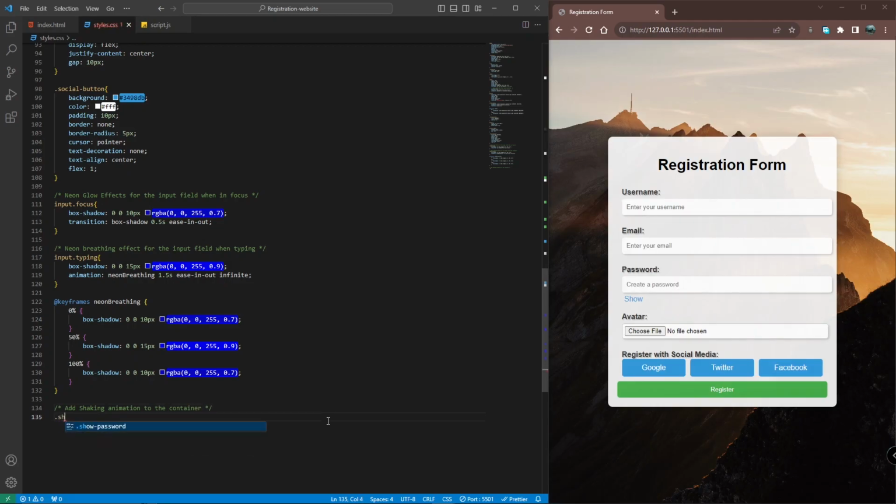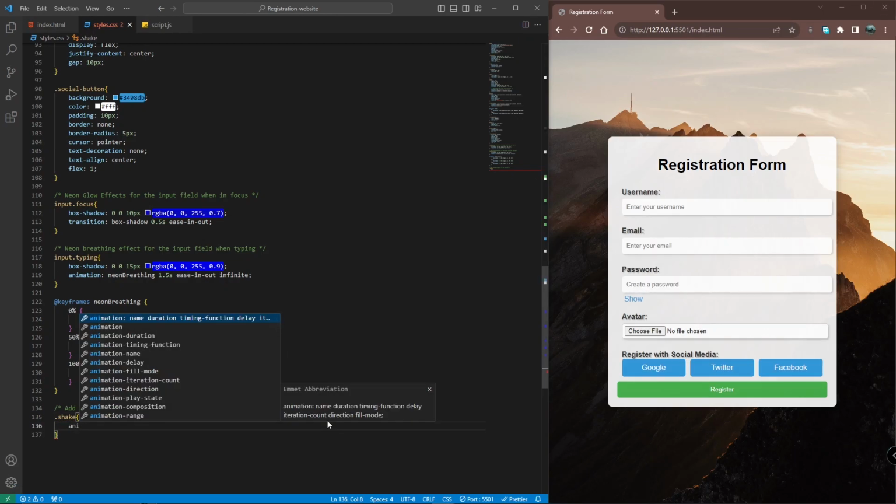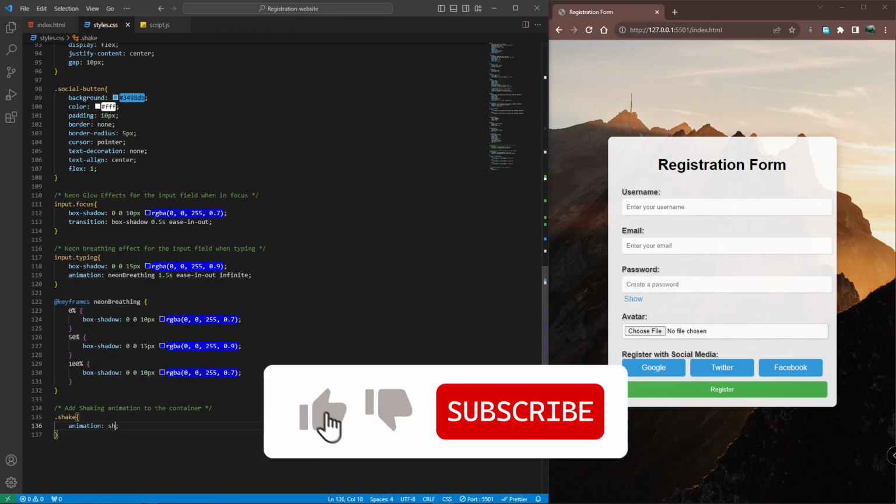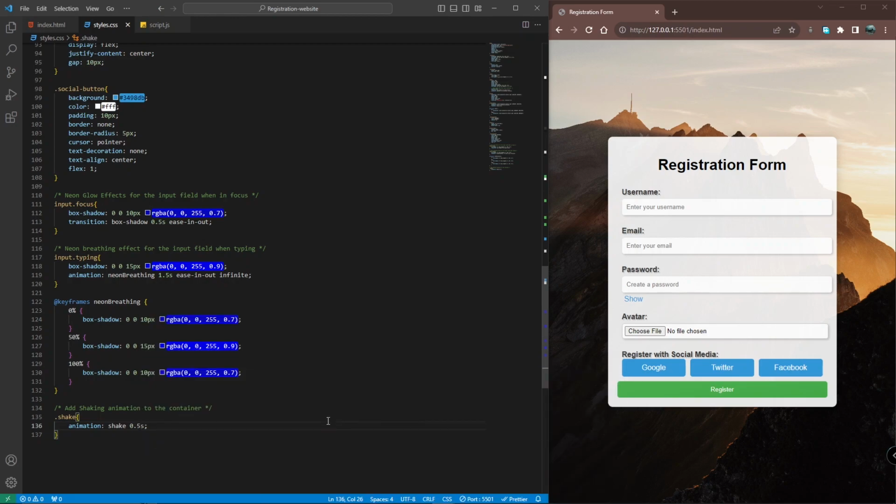Okay, shake animation, give it a name of shake 0.5 seconds. Okay,